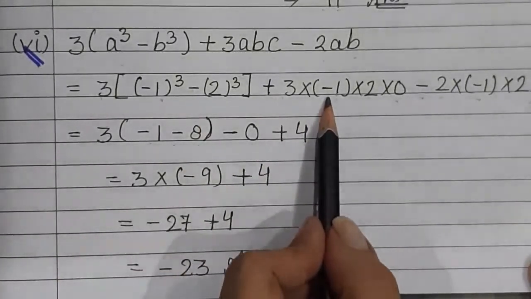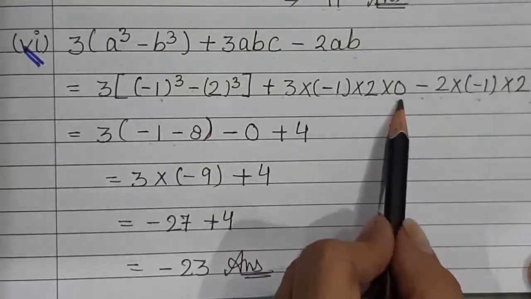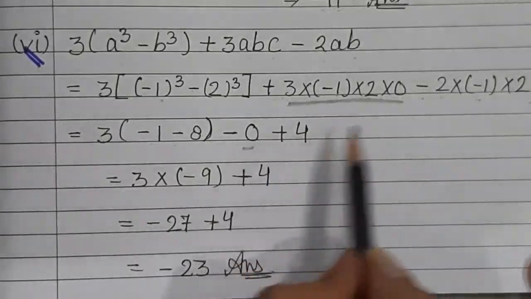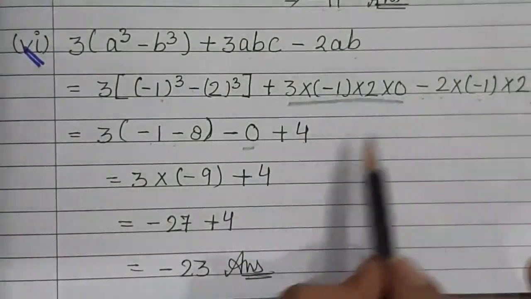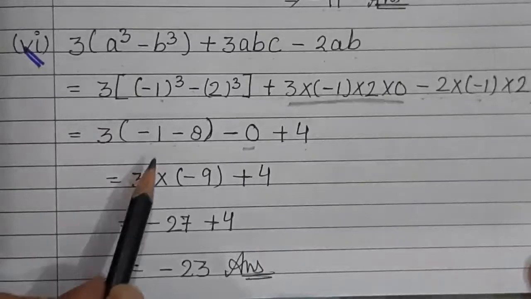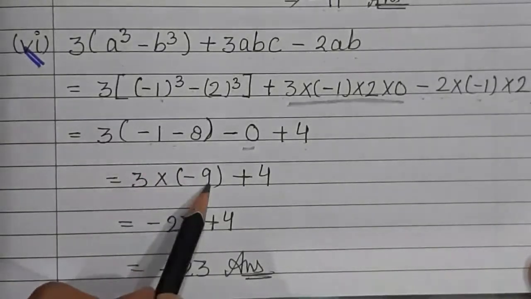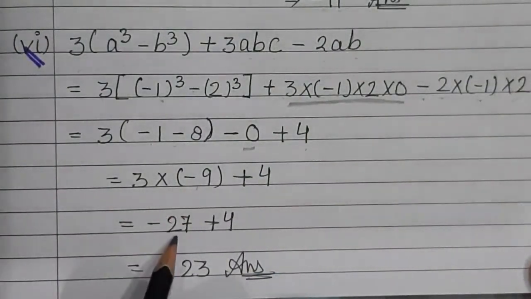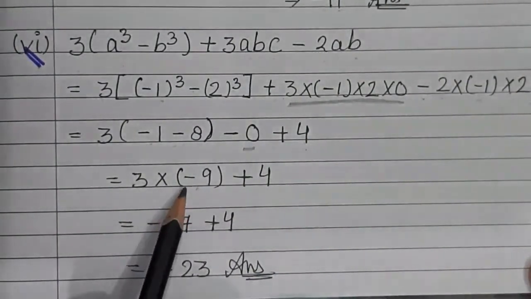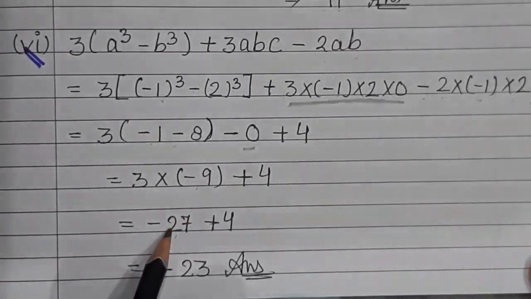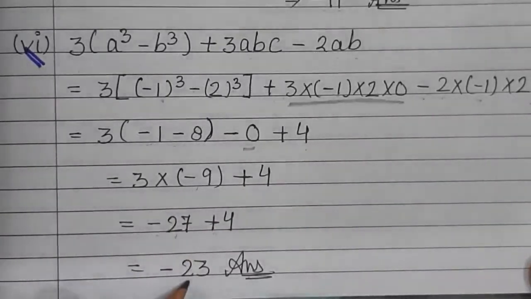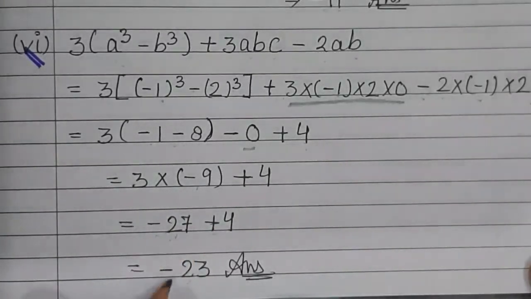Plus minus minus, but when we multiply with 0, this whole term becomes 0, right? Minus minus plus, 2 2s are 4. Now 3 minus, minus plus, 8 plus 1 is 9, 8 is greater, so minus 9 plus 4. 9 3s are 27, minus 27 will come because one time negative sign is coming, plus 4, minus plus minus, 27 minus 4 is 23, 27 is greater than 4, so minus 23 will be the answer.